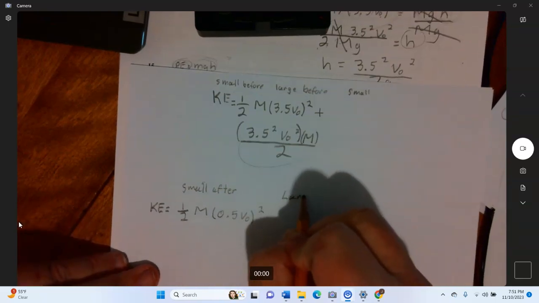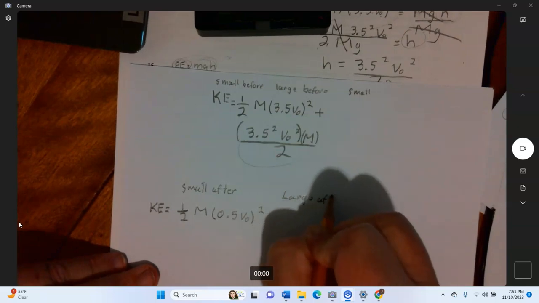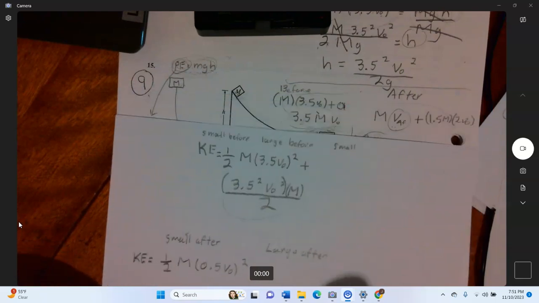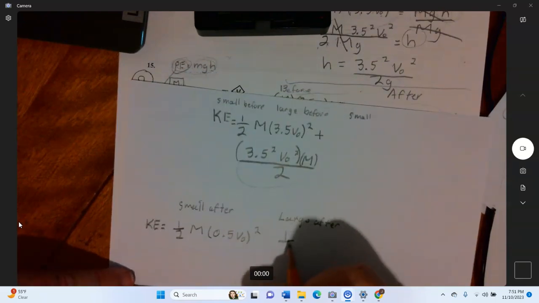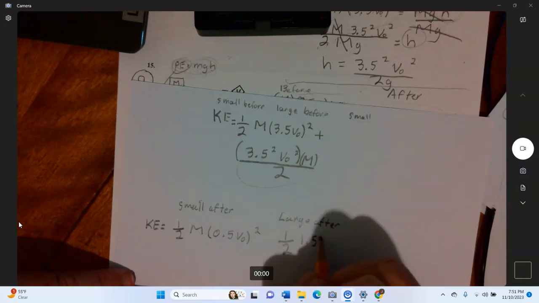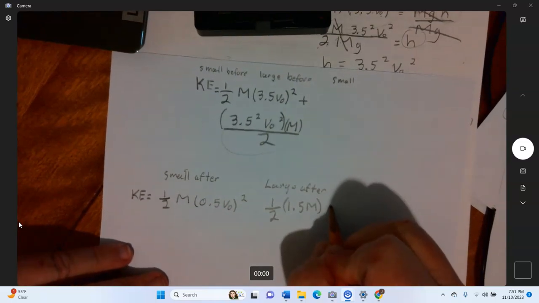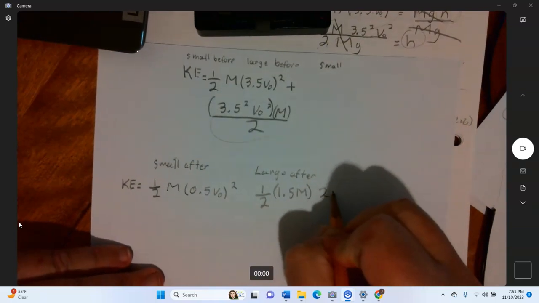Large block after. Okay, and that's going to be 1/2 times the mass, which is 1.5 M, times the velocity after, which they said was 2 v0